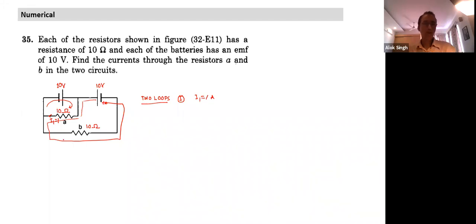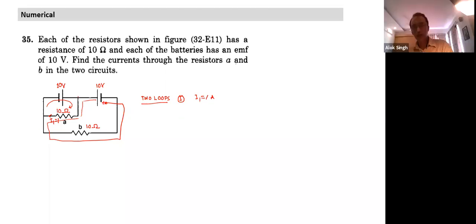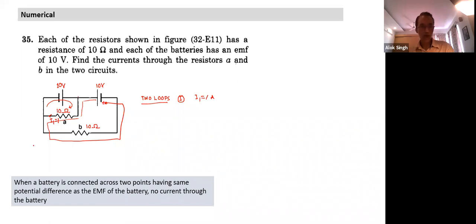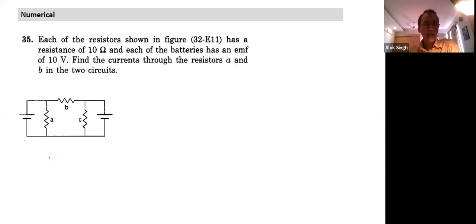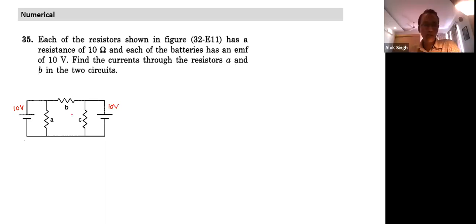Okay, the other way of thinking, I'll come to the next question, perhaps I'll come to the same point in the next question. Something like this. Here also, again, each is 10 volts, and 10 volts. Try to think of different ways how to understand the circuit and how to solve it faster and better.